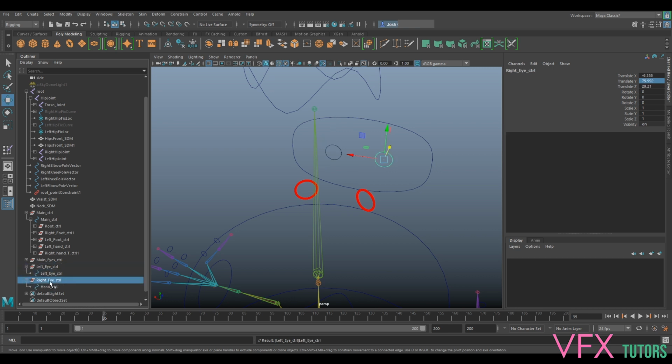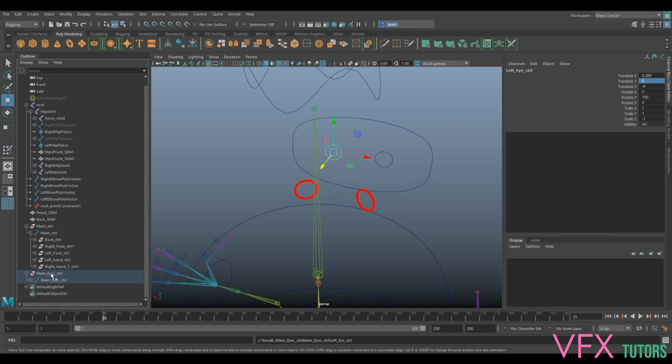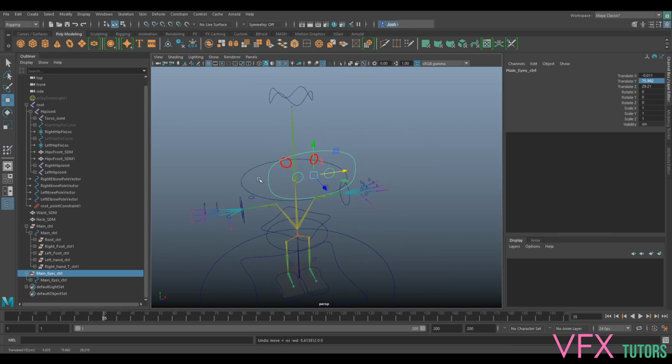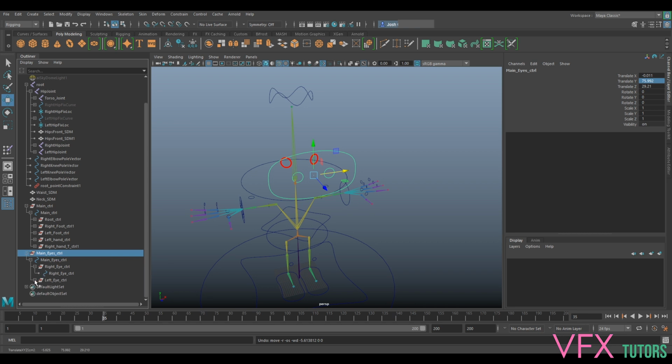Make sure you rename stuff because it could get confusing if you don't. So we want both of these controls under our main eyes. So our main eye, pull both of them, and under our main eyes,